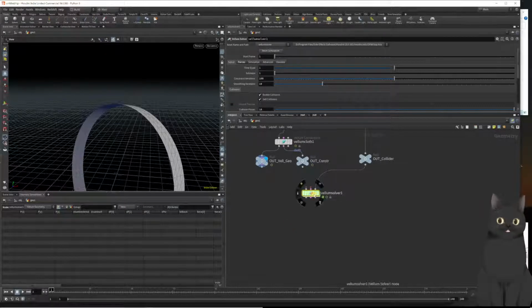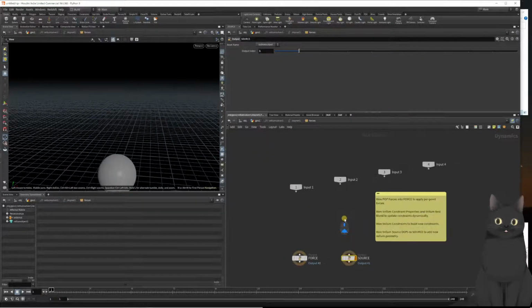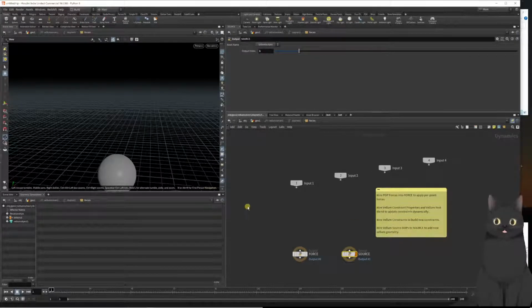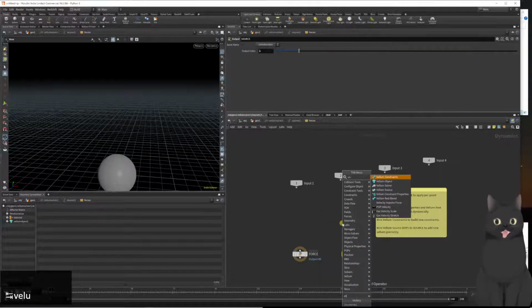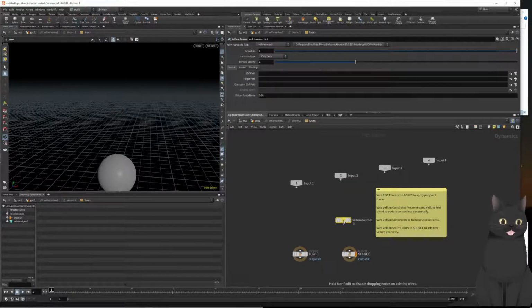Alright, now let's dive into the solver here. And the first thing we want to do is spawn these rubber bands. And I want to spawn one rubber band per simulation step. And in Houdini 19, there's the source input. And in here, I can wire in a vellum source. Let's do it like that. And then set its emission type to each frame and point it to the geometry and the constraints it should emit each frame. Luckily, we already prepared that, so the sub